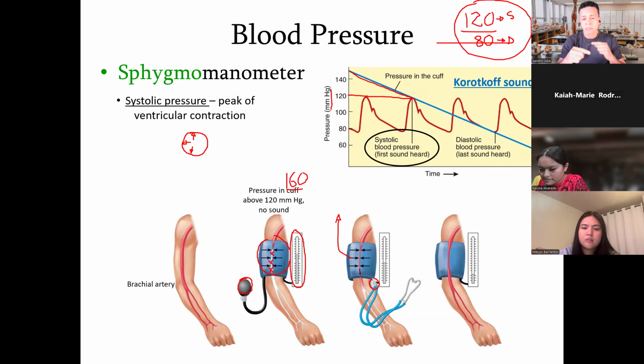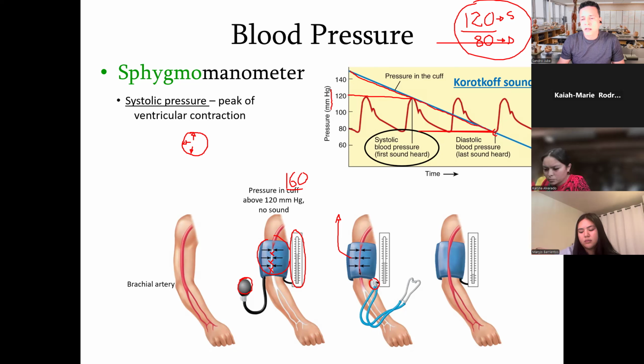The Korotkov sound is the sound of blood tumbling, struggling to pass through the brachial artery because there's still pressure on the brachial artery. So we're going to keep hearing the Korotkov sound as we let the air out of the cuff. We can see again that the pressure inside of the cuff keeps going down until